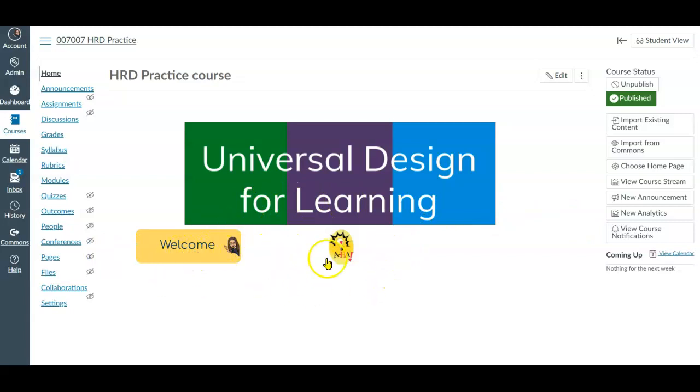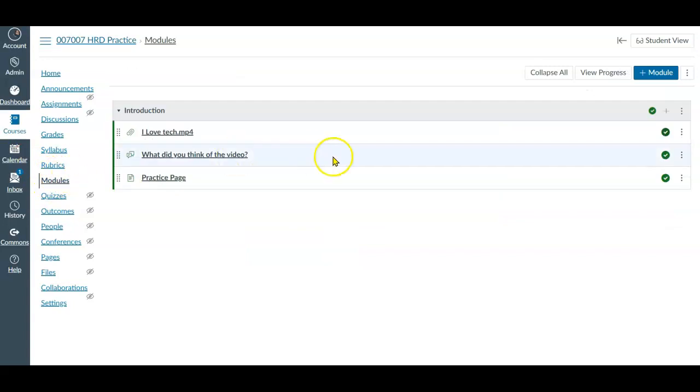I typically use this home page and use the buttons to go into the different modules. So if you look here under modules, you will see that right now I only have one module, the introduction. Then if I were to create another module and build pages underneath that,